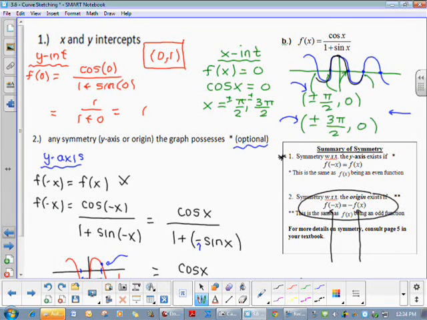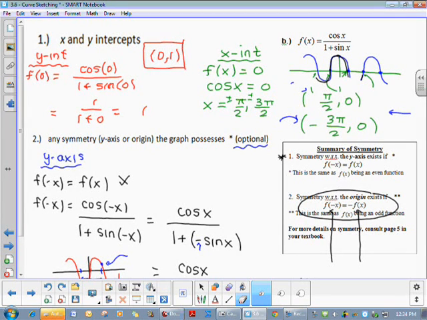So I'm going to go back to our previous screen, and you remember whenever we had performed this particular calculation, we had said that originally plus or minus pi over 2, comma 0 was one of our x-intercepts. Well, I think we can safely remove the negative. And for that matter, I can go ahead and get rid of the plus altogether. And then we notice that the positive 3 pi over 2 should not any longer be a position where we had an